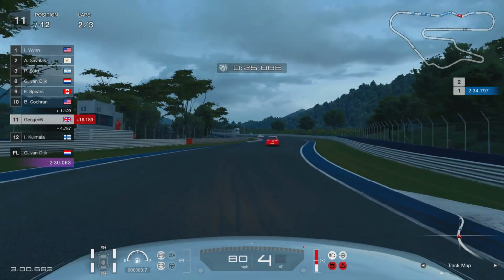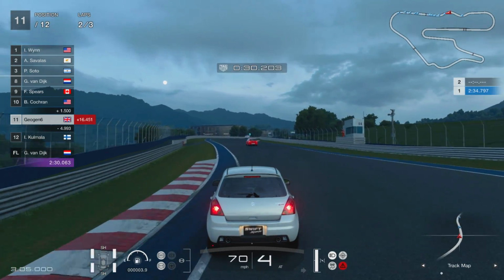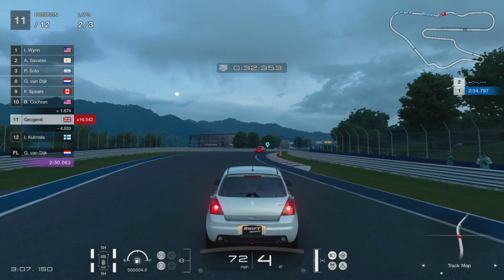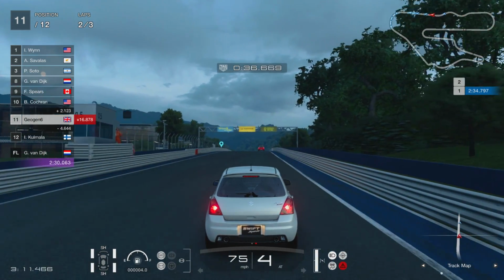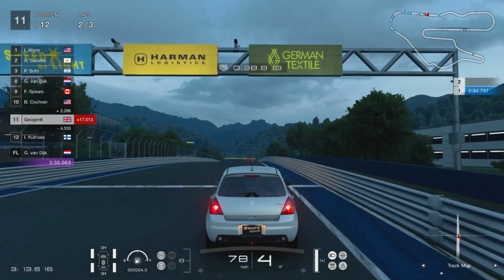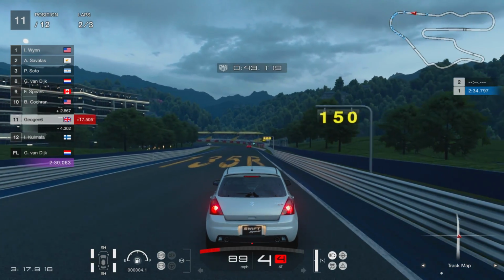If we just try and take a nice inside line here, we might be able to shave some more time off. What lap is this? Lap 2. It's quite a big course for a car of this size. 2 minutes 34 for the first lap, but that was a rolling start at a certain speed, so...